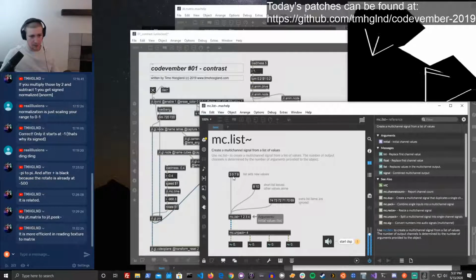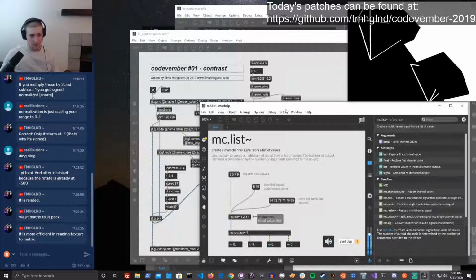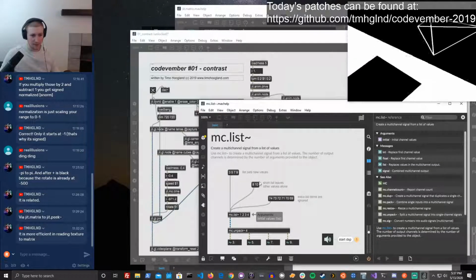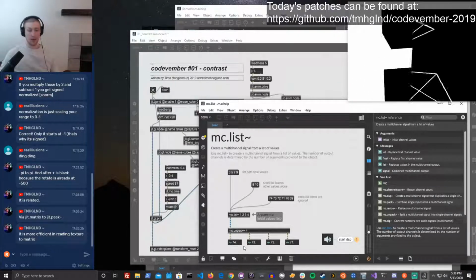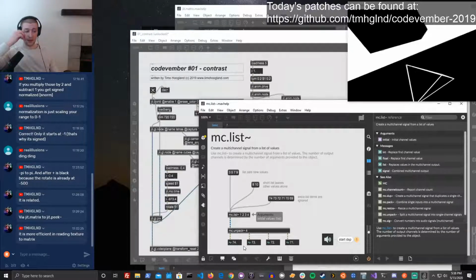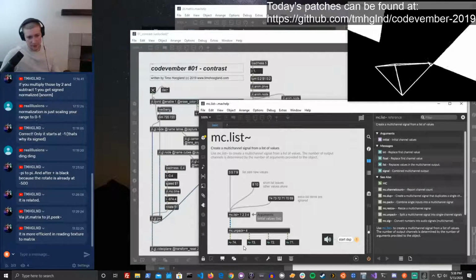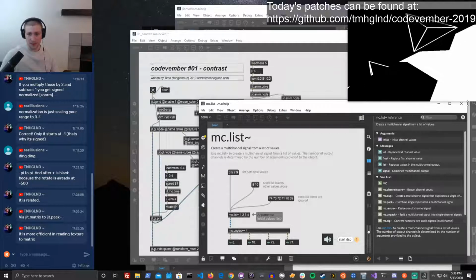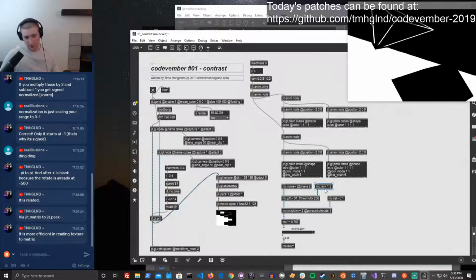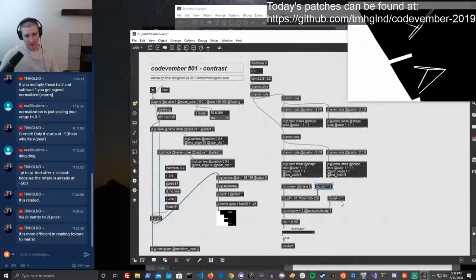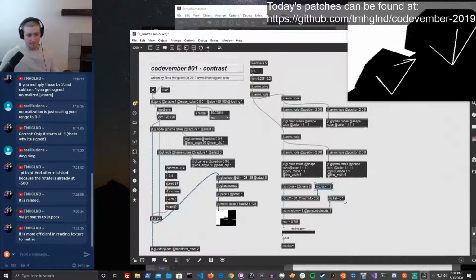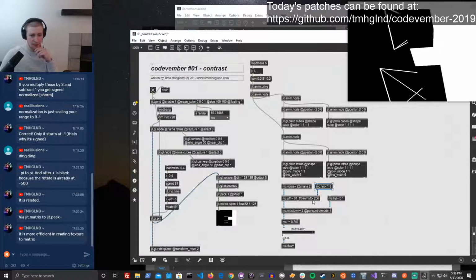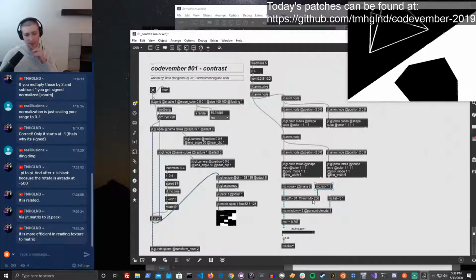So in other words, I don't know why this decided to start working, kind of. Yeah, so it's just a way of generating constant streams of signals, right? If we send it 8 and 10, then it sends out a constant stream of 8 and 10. So the MC list over here is sending out a stream of 1 and 3, while the MC list over here is sending out a stream of 0 and 1. So that's being used for panning, but what I'm interested in here is how we're filtering the noise